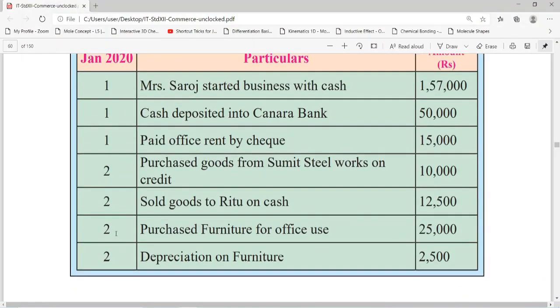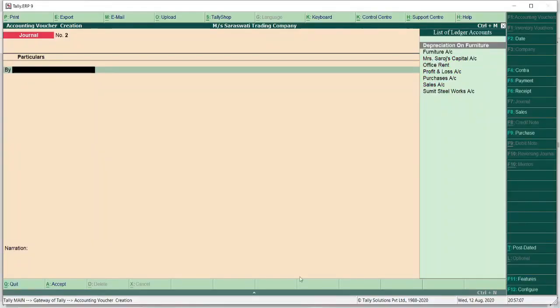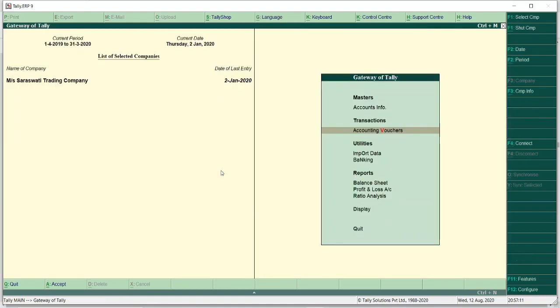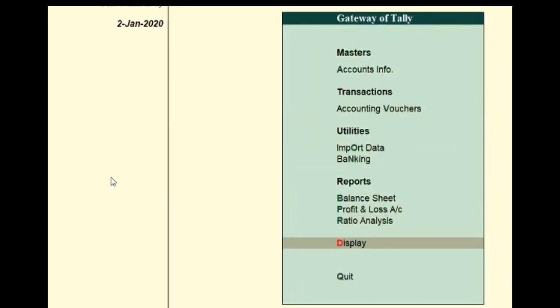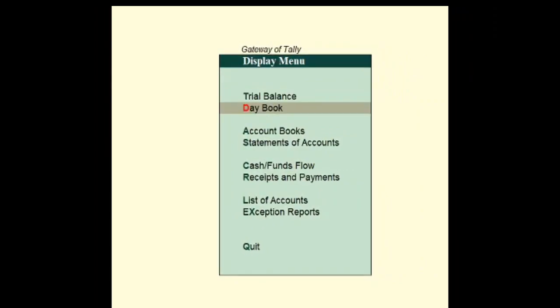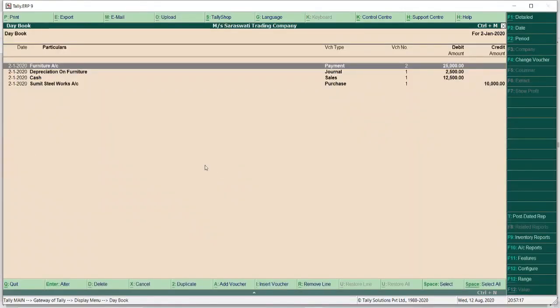Total there were 7 transactions. Let's see in my display day book. I will quit from this gateway of tally, display day book, and here only second date transactions are being shown. I will change the period from here.